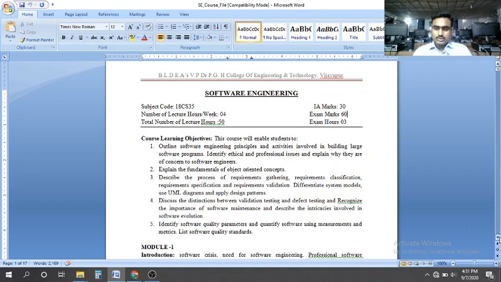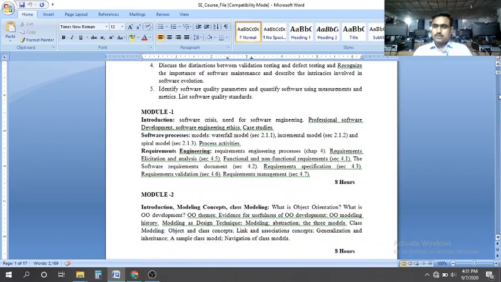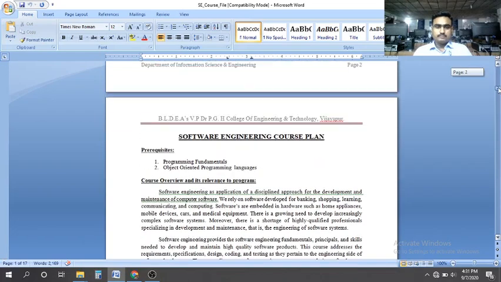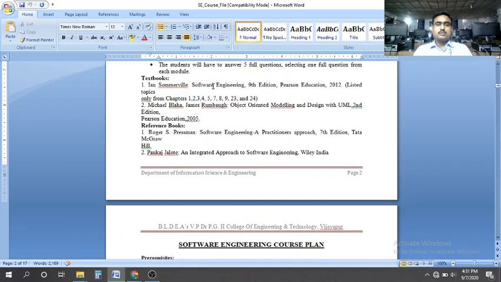Which books do we have to refer for software engineering? The best book is Ian Sommerville, Software Engineering, 9th edition. The listed chapters are 1, 2, 3, 4, 5, 7, 8, 9, 23 and 24. You can refer to this textbook, which is very good, and along with that there are a few other books. The course file is already shared with you in Google Classroom. So let's start with